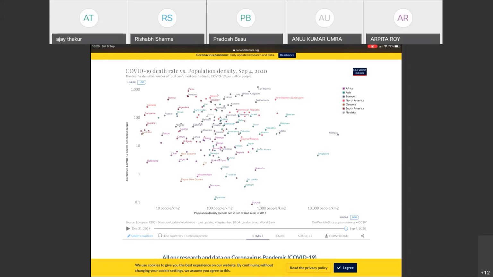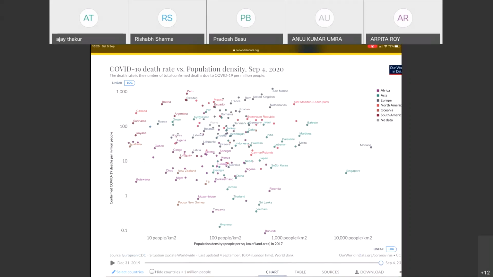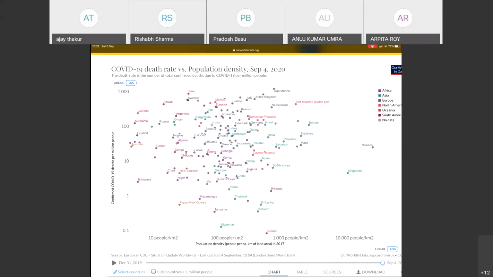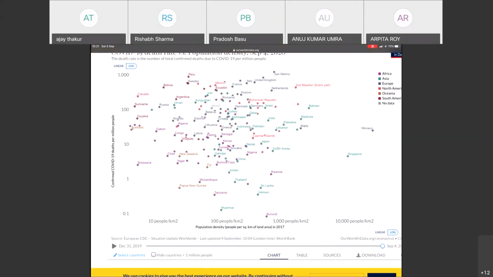So in this example, you can figure out a scaling law by asking about countries with a given GDP. If you try to figure out the per capita GDP of all these distributions, and then find out how confirmed COVID deaths scale with population density, then you will start seeing these linear relationships. Otherwise you will not be able to see this linear relationship.